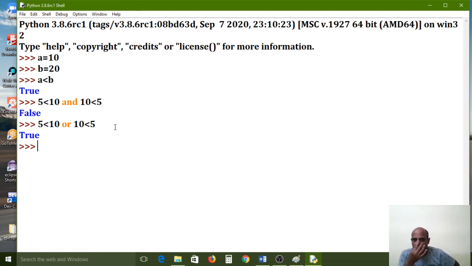Now do you understand? In the first expression, I used an AND operator, which means two expressions should be satisfied. But in the second expression, I used an OR operator, which means any one expression should be satisfied. Both expressions need not be satisfied. That is the meaning of this. So here one expression is satisfied and the second expression is not required to be satisfied. That's why it is representing a true format.